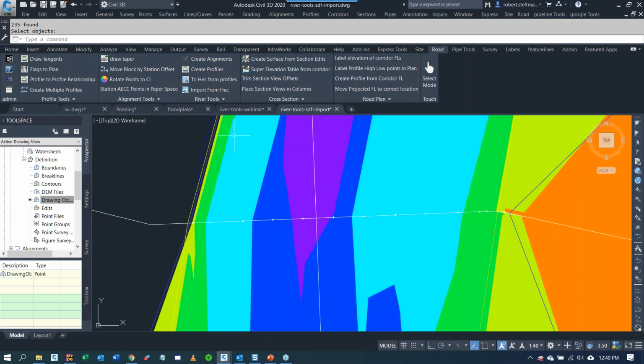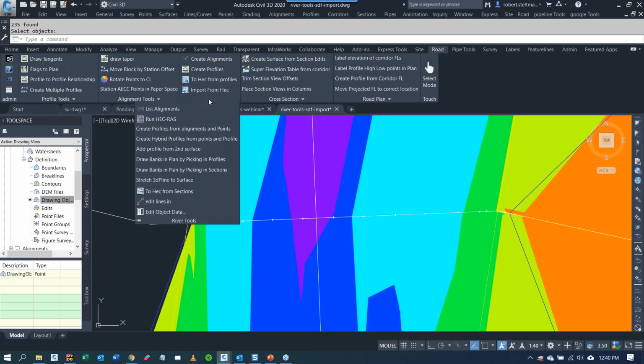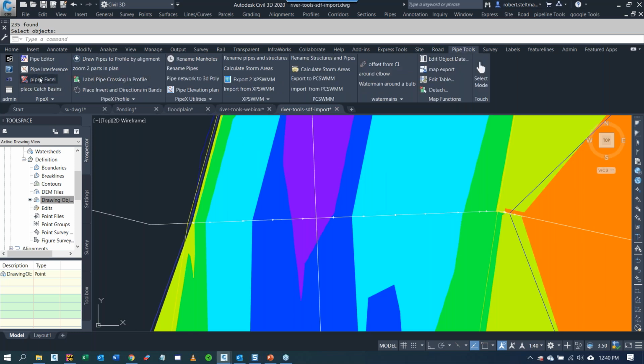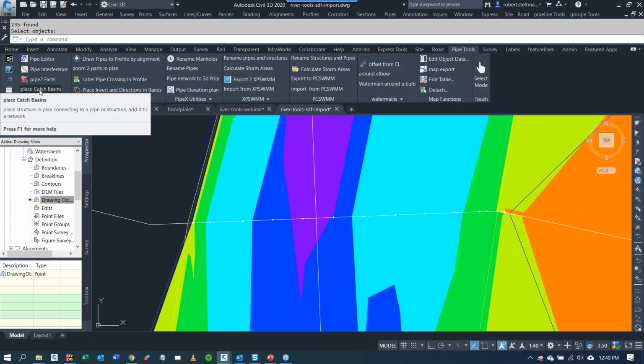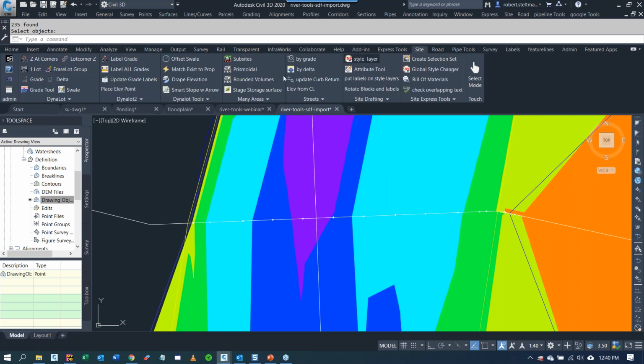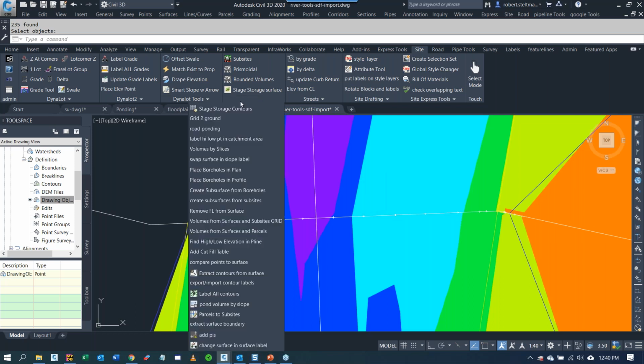We've reviewed a lot of the river tools, so bringing it from Civil 3D into HEC-RAS and back again with some options once it's back in Civil 3D, and even some options before it goes to HEC. We've looked at some piping tools, going to Excel and placing catch basins, pipe editor. We've also looked at some ponding problems, either on a road